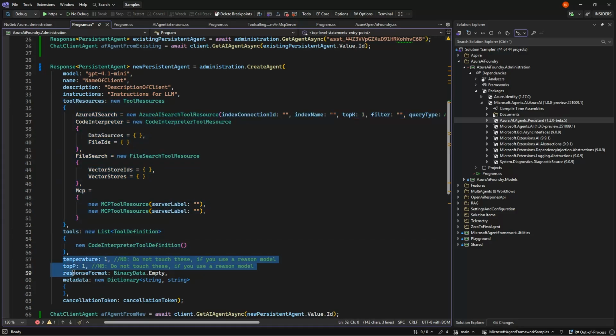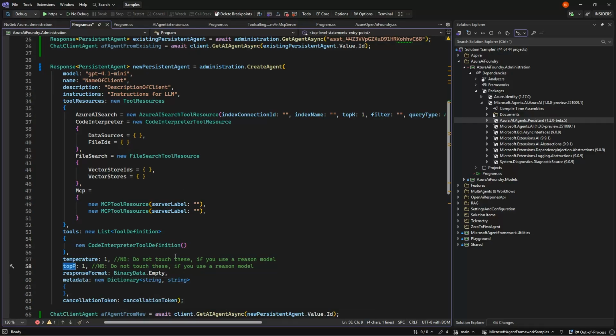Then there's a few settings, and I think they regret these settings because, for example, temperature, you are not allowed to set on reasoning models, and top P is something similar. So you don't really need to allow setting these, especially if you're using reasoning models. But if you use non-reasoning models, of course, you can still set them.